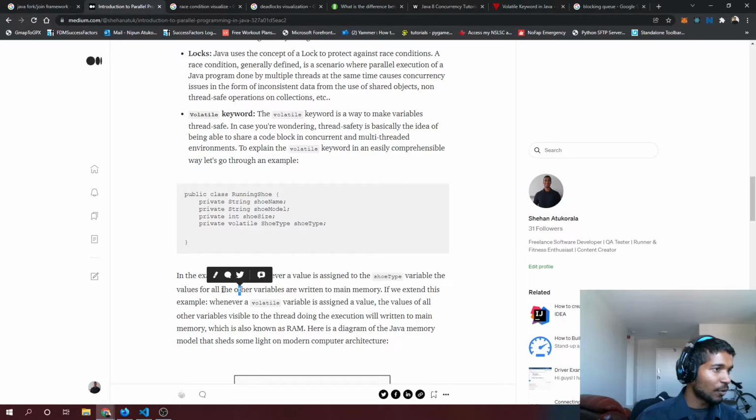So basically, whenever you assign a value to the shoe type variable, all other variables will be written to main memory. If we extend this example,